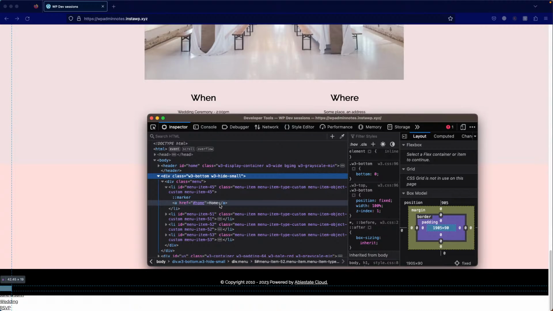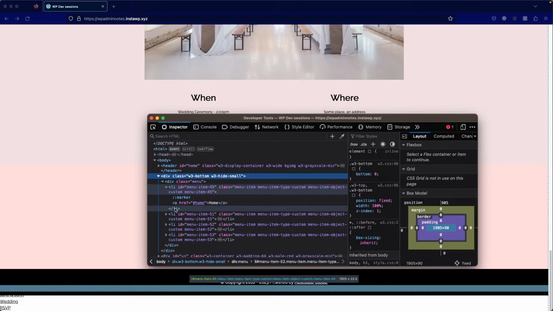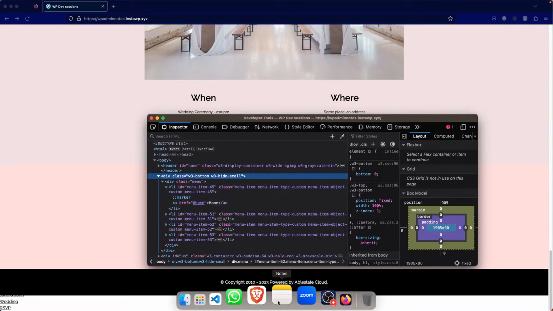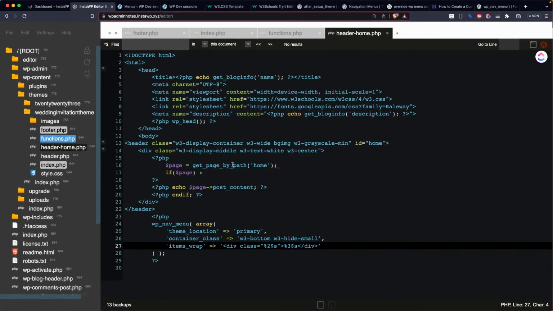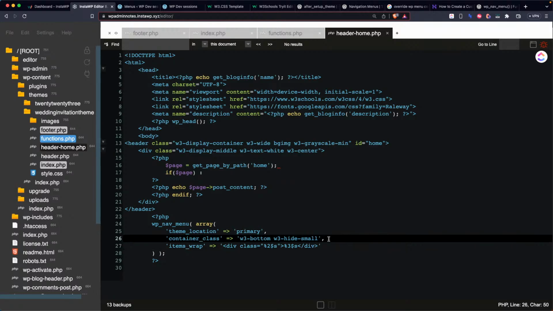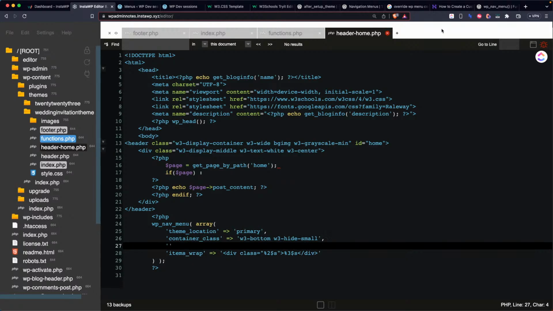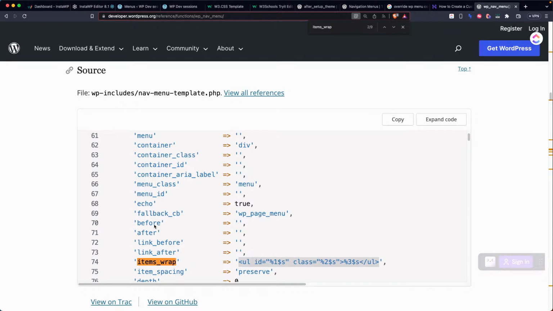leave the menus to be on what? To be enclosed in the anchor tags as opposed to the list items. So how we do that, it will require us to do something called a nav worker, I think. But before going into the worker, we can have some option here,